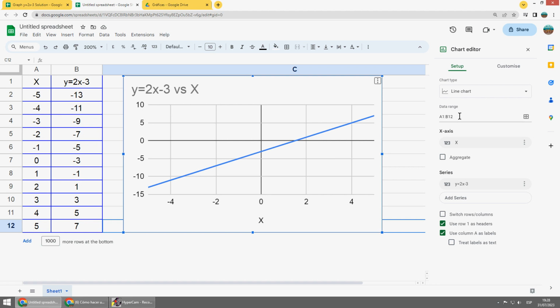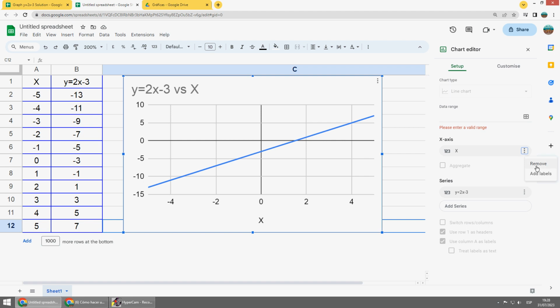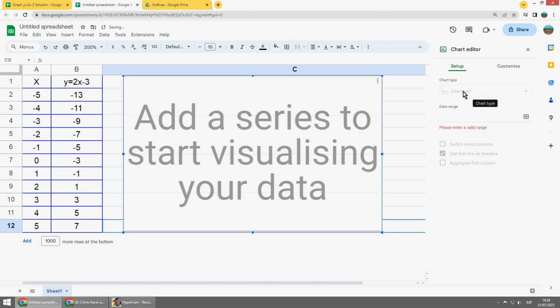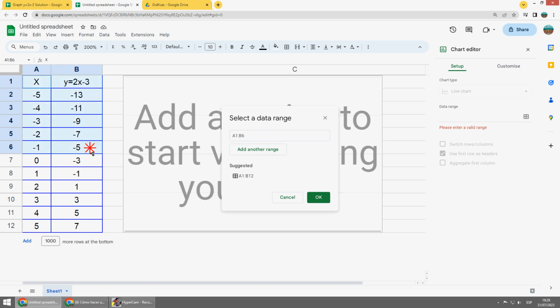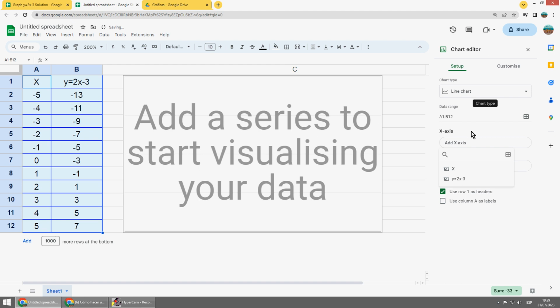If I want to do it from the beginning, it's very easy. I can delete this, and also remove this. Okay, so I can start by adding a series of data. I can select it here, that's it. Okay, now I will tell which is the